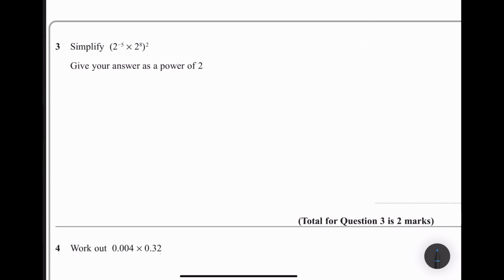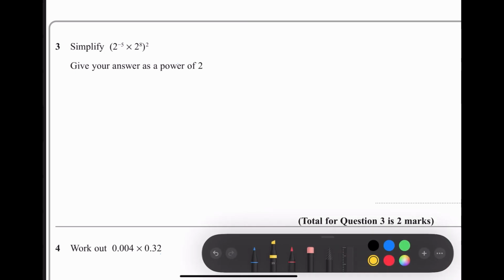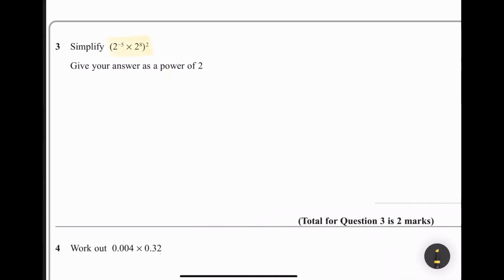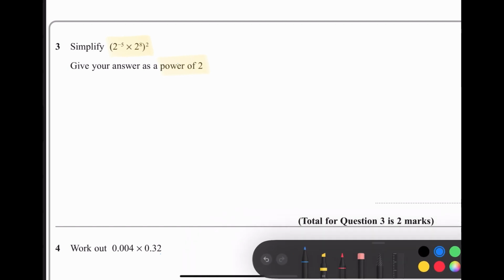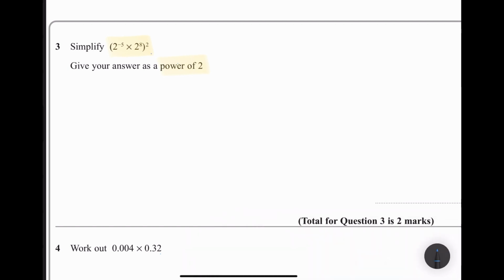Okay, let's have a look at question 3. So we need to simplify this bracket and I need to give my answer as a power of 2. Okay, let's see what we need to do with that. So this is where our indices rules come in. I've got something in brackets and all those things are being multiplied and that is being raised to a power